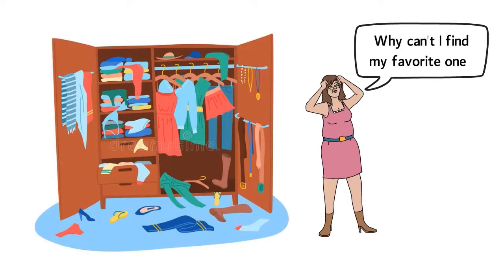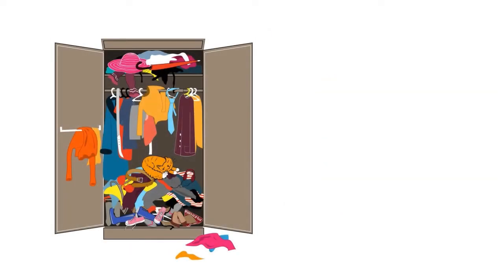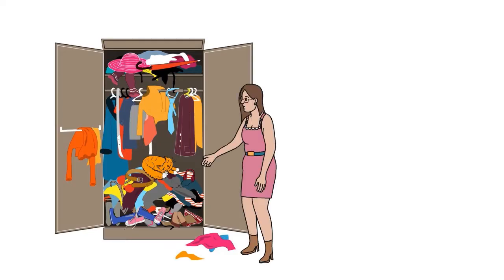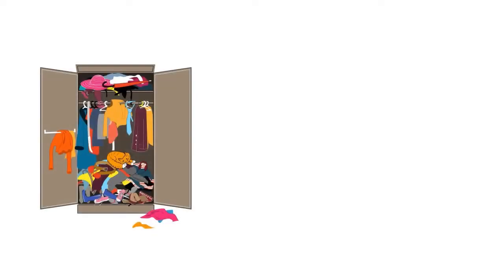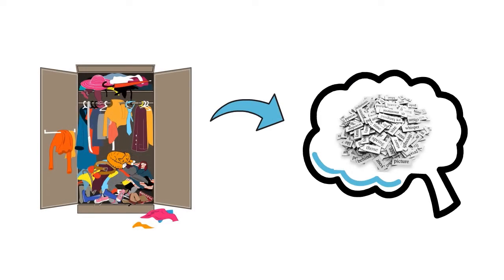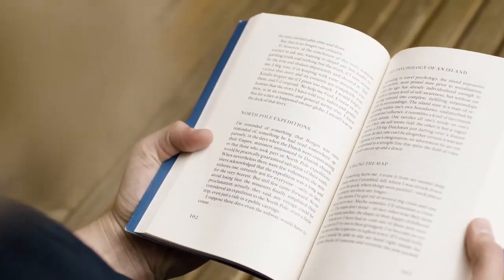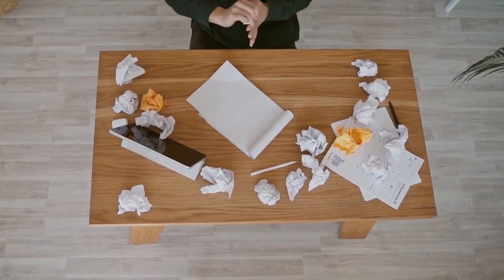When I have the clothes, why can't I find my favorite one? It's because you don't see the clothes in the wardrobe. If you open the wardrobe, you can see the clothes and then you may think of something to wear. However, if you don't see them, although they are in the wardrobe, you don't know what you have. The wardrobe here is an example of your brain. You have many words in your brain. If you see them in a text or if you hear them, you recognize them, you know what they mean. However, when you want to speak or communicate, you can't.